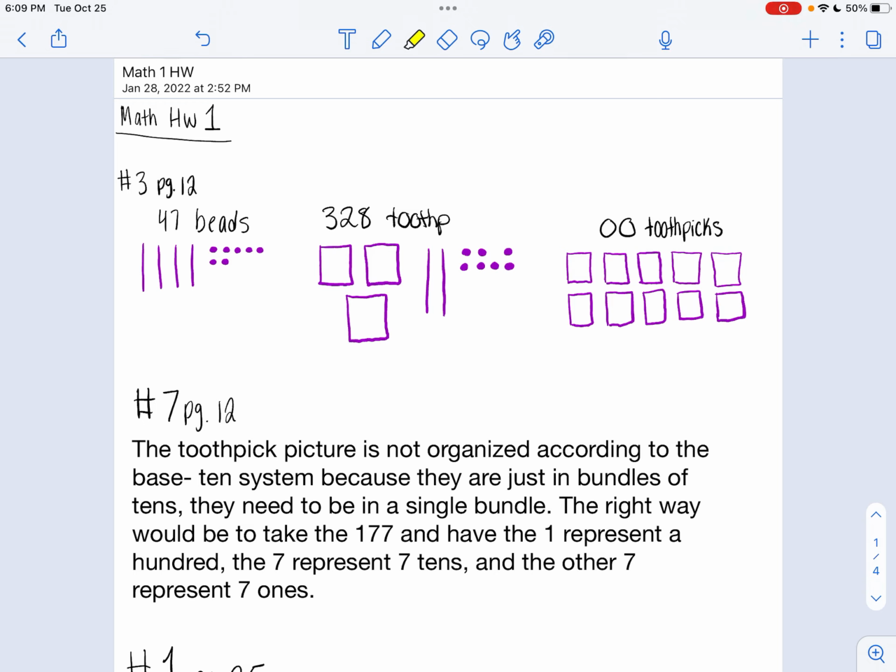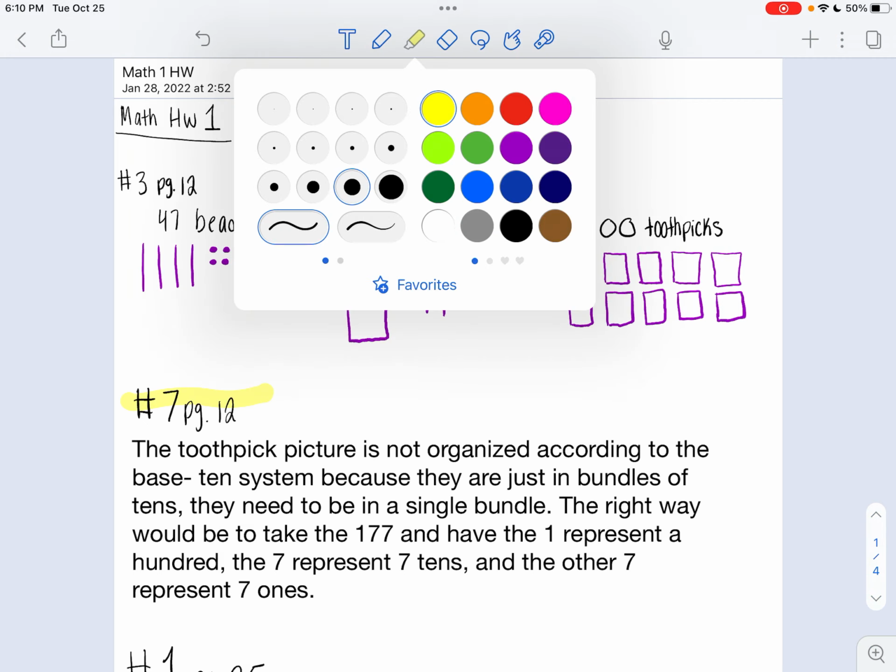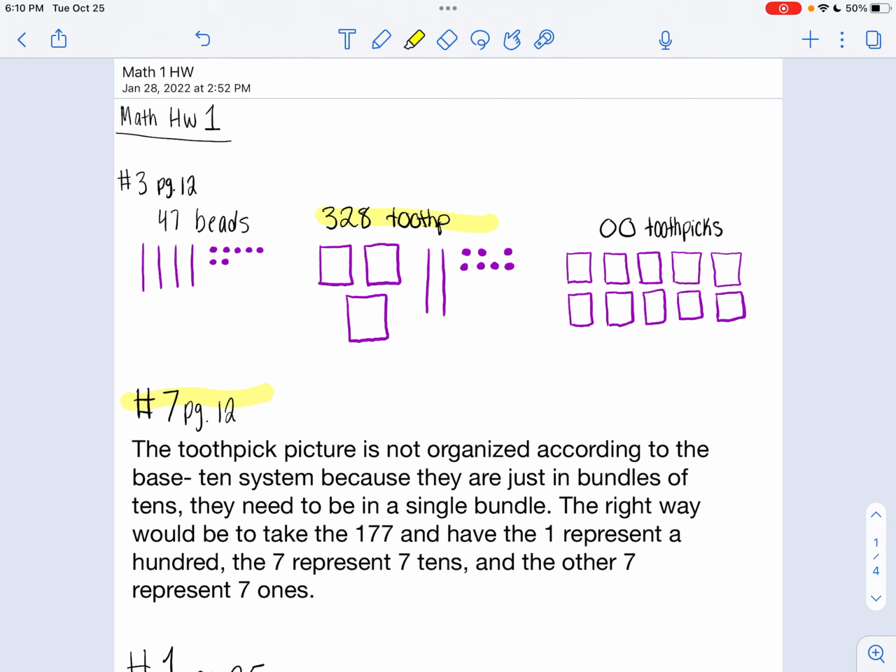Then next is the highlighting tool, which is pretty much the same thing as the writing tool, where you can highlight things in your text, and you can also change the thickness and thinness and the color of the highlighting. The next one is the eraser tool, so this is just to erase anything that you want to.